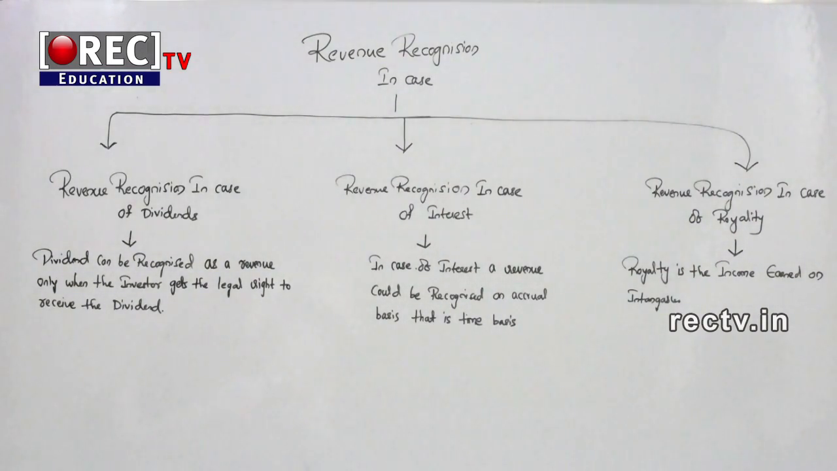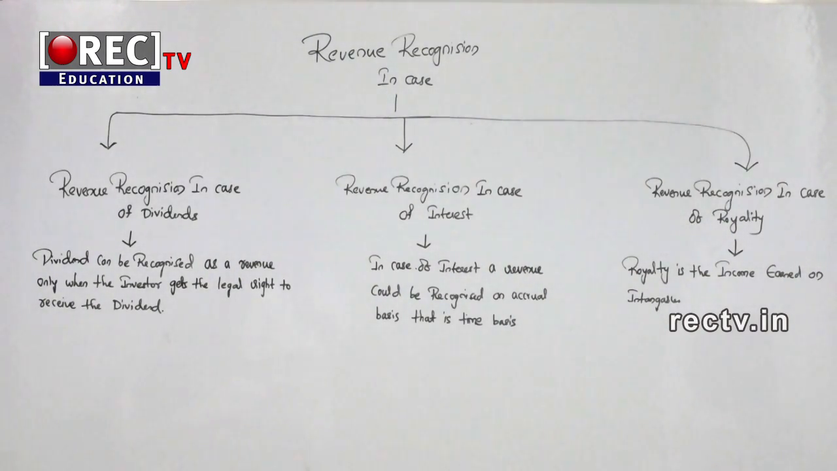Here dividend can be recognized as revenue only when the investor gets the legal right to receive the dividend. So when the investor gets a legal right to receive the dividend, he can recognize the revenue. Practically, in case of final dividend, the investor would get the legal right post AGM, that is annual general meeting. For example, now there is an AGM in the next 6 months. In the AGM you will declare the dividend. So from that you get the legal right to receive the dividend. For the financial year 13-14, if the AGM is conducted in 14-15, then the dividend can be recognized for 13-14